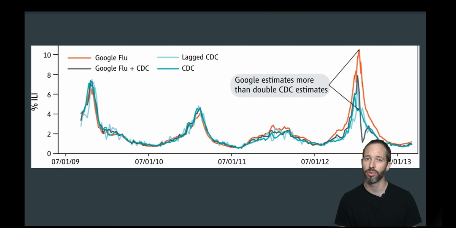Okay, so this was really disappointing. The Google Flu tool was meant to be a wonderful example of the power of data science for social good, and it kind of fell flat. But we learned a lot from it. We learned about the dangers of algorithmic confounding. Now we know a lot about who uses social media and what types of digital trace data are out there, and we have new, better data.